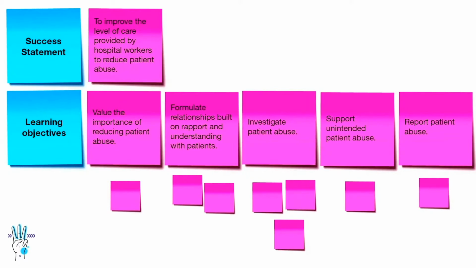Then basically you can map the content that you have identified from your user interviews and empathy maps to each learning objective. And from there, you can identify how to train each component. So it might be a checklist, it might be e-learning, it might be an intranet page, it might be face-to-face, it might be a buddy or mentoring.